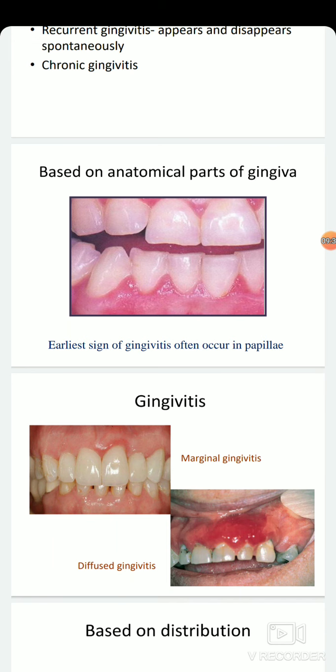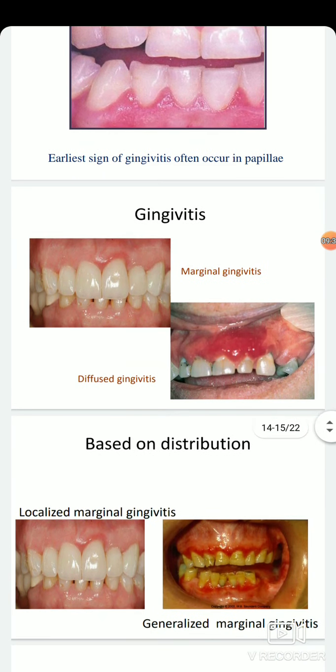And marginal gingivitis involves the margins of the gingiva. Diffuse gingivitis is where all the parts are involved, that is papillary, marginal, and attached gingiva. It is called a diffuse type of gingivitis. So in this picture you can appreciate the localized marginal gingivitis, and the second picture shows diffuse